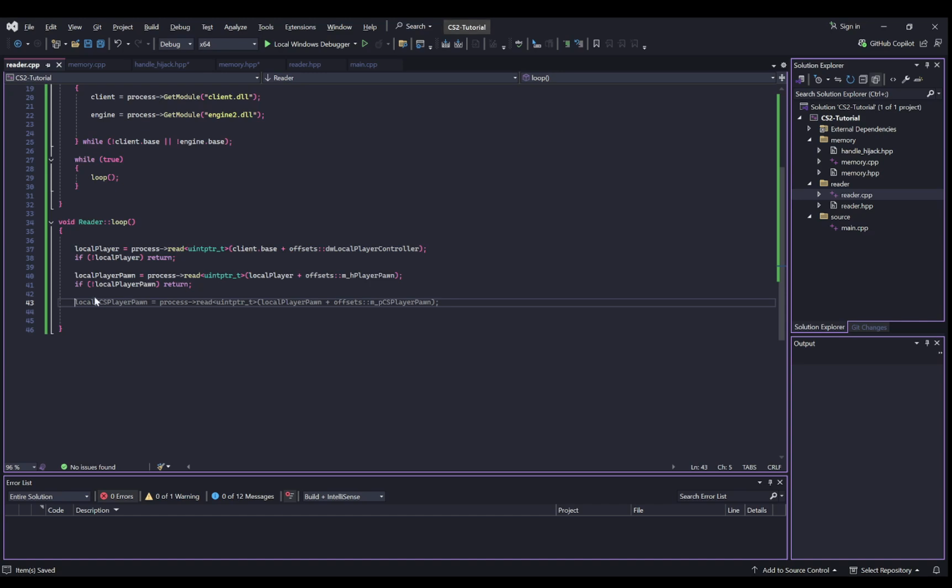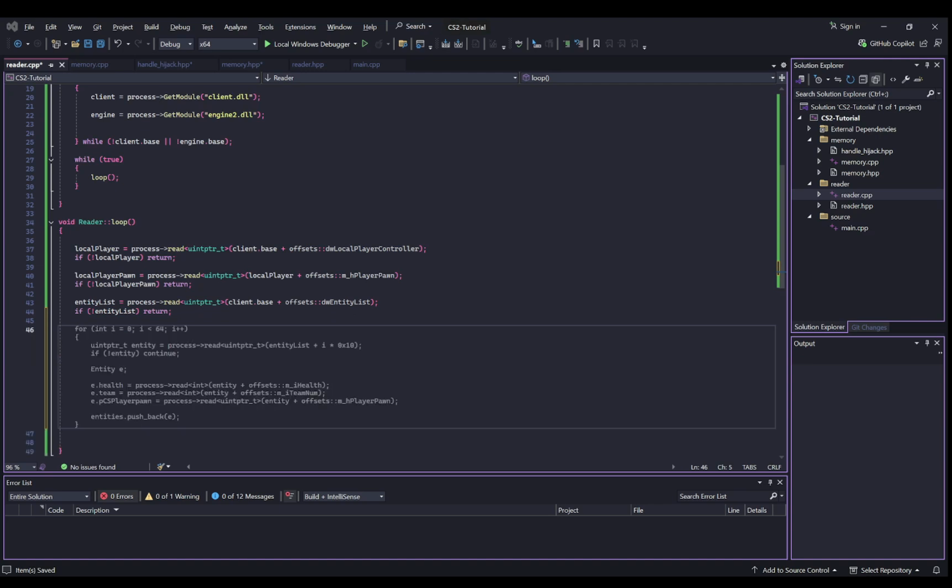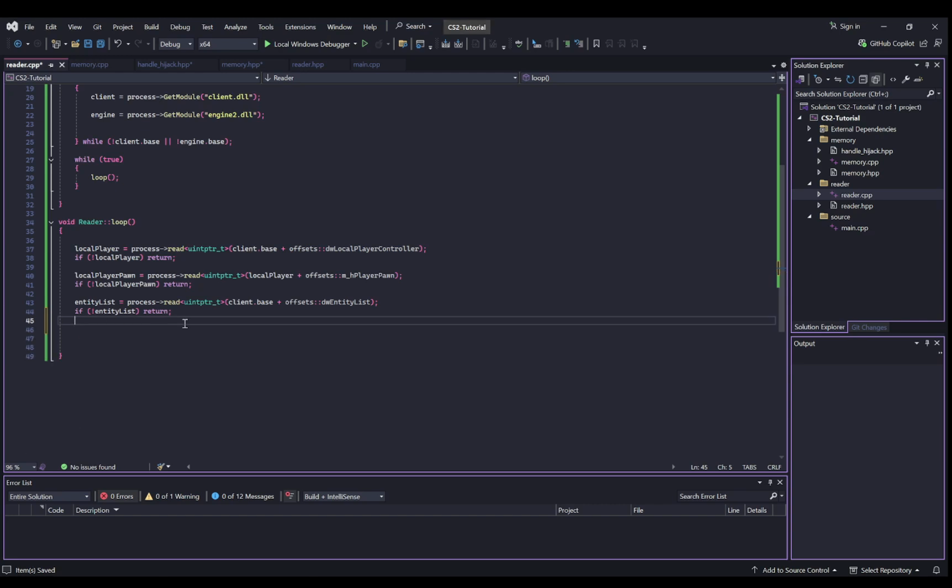Alright, let's set the entity list equal to process dash read offsets client net base. Is that right? Yeah, that looks about right to me. If not entity list, return. Let's do local entity list entry equals